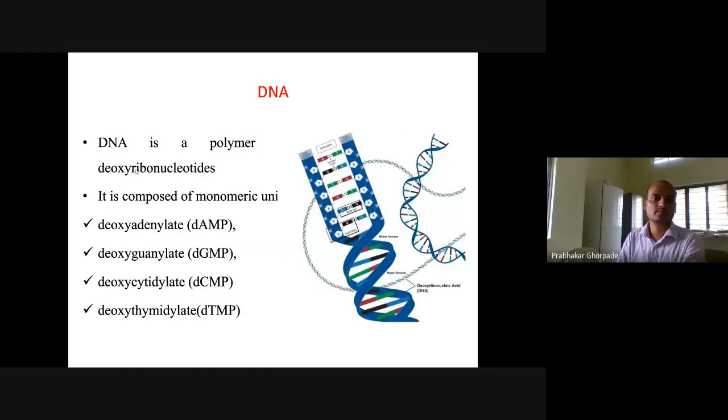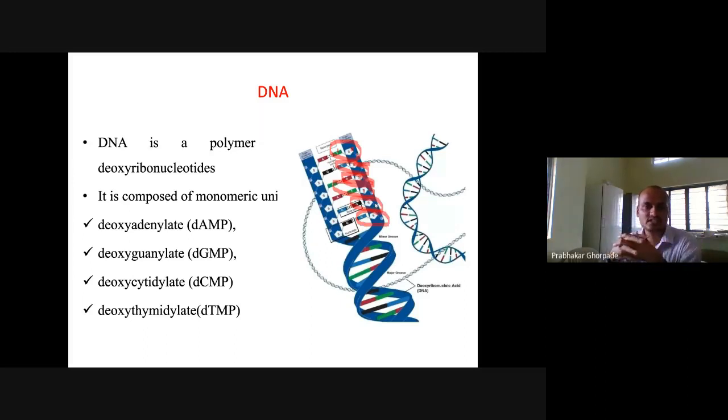DNA is a polymer of deoxyribonucleotides. So this is a DNA molecule, on the right side you can see, and it is a polymer of deoxynucleotides. You can see sugar molecules: 1 sugar, 2 sugar, 3 sugar, 4 sugar. Likewise, sugars are there, and we have one nucleotide. If you put one sugar, this phosphate, and this nucleotide base, this is a nucleotide. This one is one nucleotide, this one is a second nucleotide, third nucleotide, fourth nucleotide, fifth nucleotide, sixth nucleotide. So likewise, this DNA structure is there, and they are joined together.